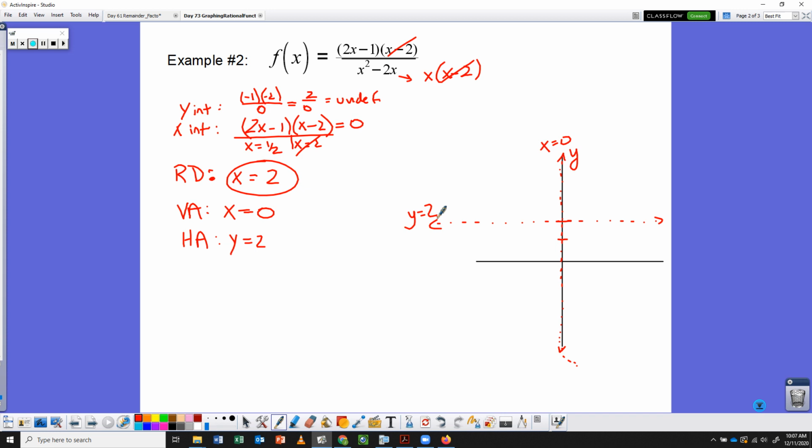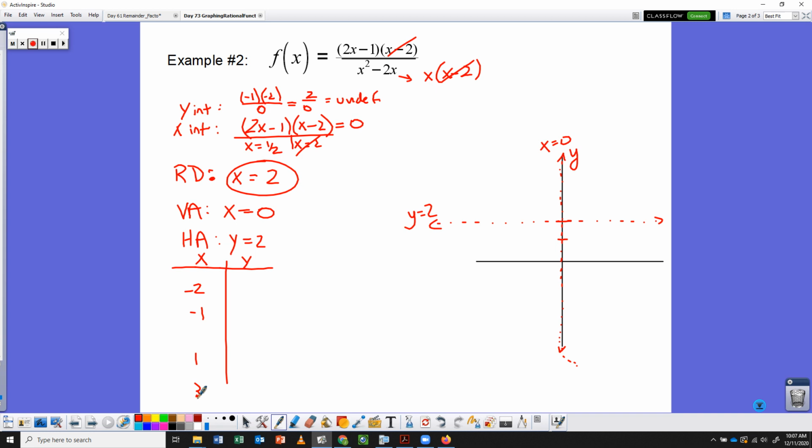All right, so because my vertical asymptote was at x equals 0, I'm going to want to pick x values from both sides of my vertical asymptote. So maybe I'll pick -1 and -2 and +1. And I can't pick 2 because that's a removable discontinuity, so I'll pick +3. If I plug these numbers into my formula to find the y's that go with them,